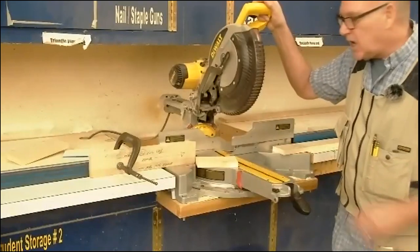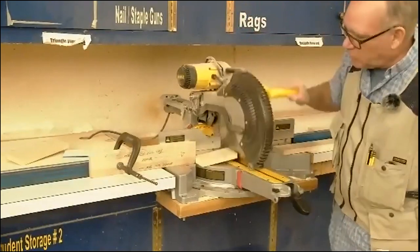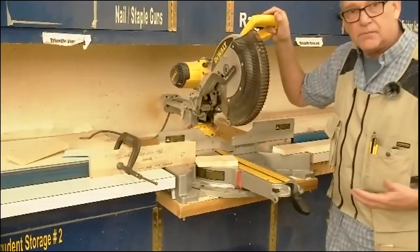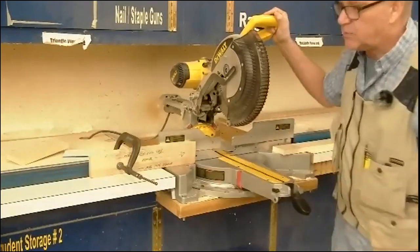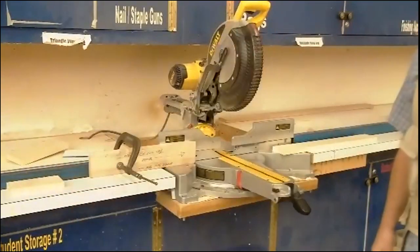It's going to move every time. If that blade's spinning when you come up, not only is that board going to move, it's going to fly out of there. So we have to let the blade come to a complete stop before we raise it. Another thing you never, ever want to do